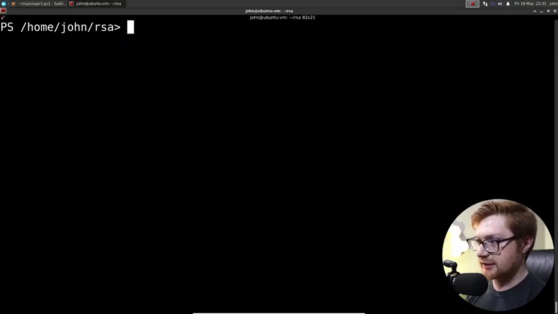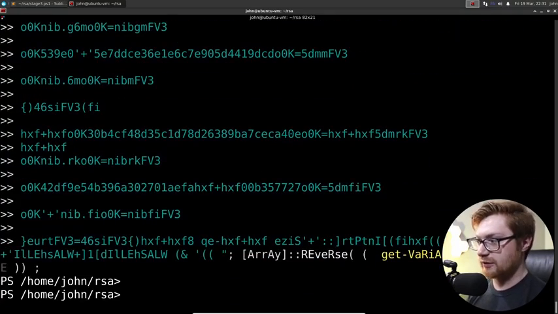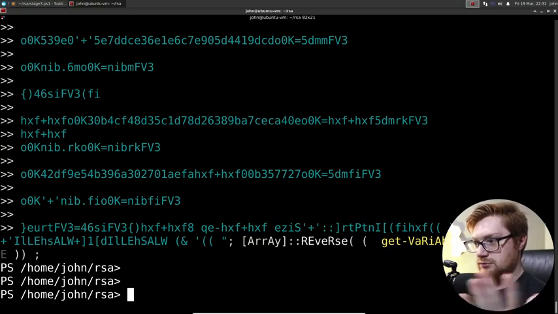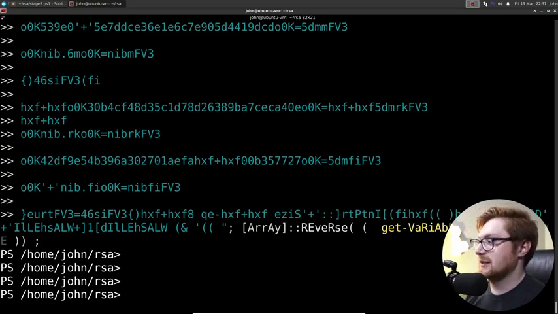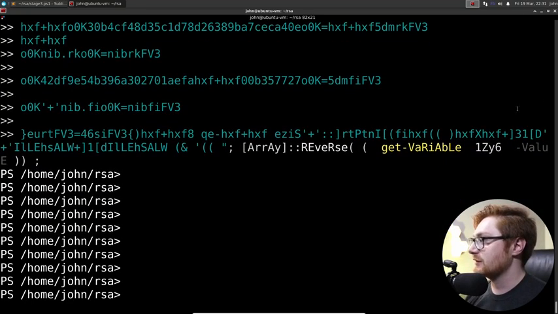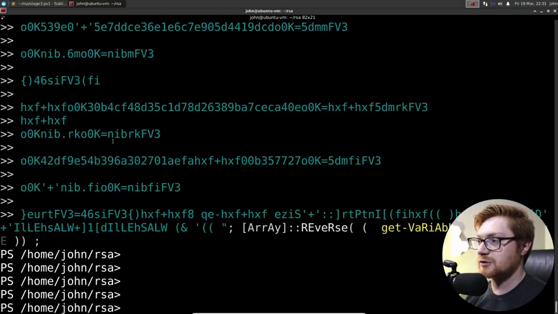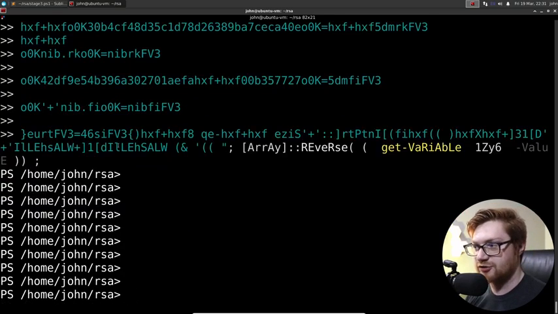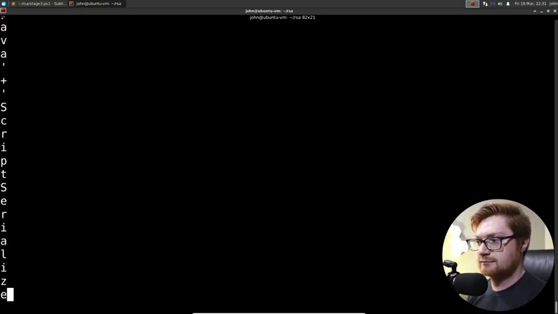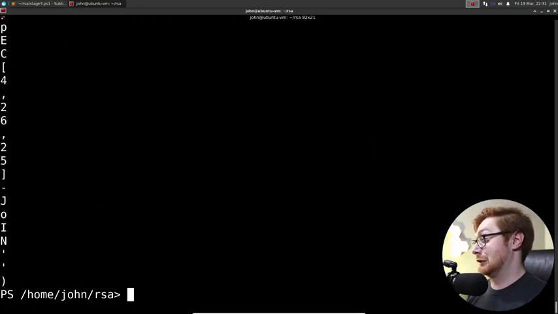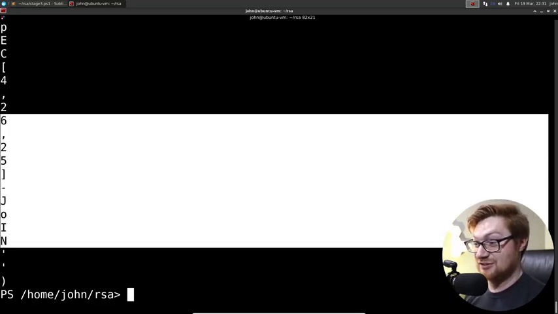So PowerShell, again, on the Linux side, not trusting it in the Windows world, can just do it all for us. Keep in mind, though, this is going to end up putting it into this variable 1zy6. So we didn't have all that output just display on our screen in that case. It snuffed it into this 1zy6. So if we just examine that 1zy6, that was a lot of stuff. You can see all those